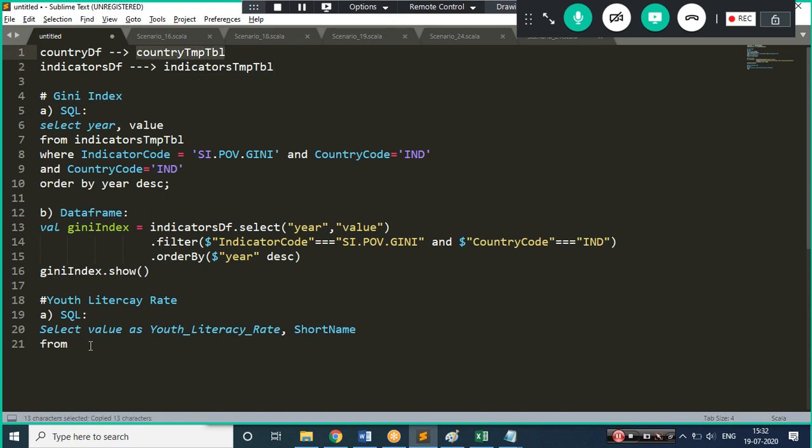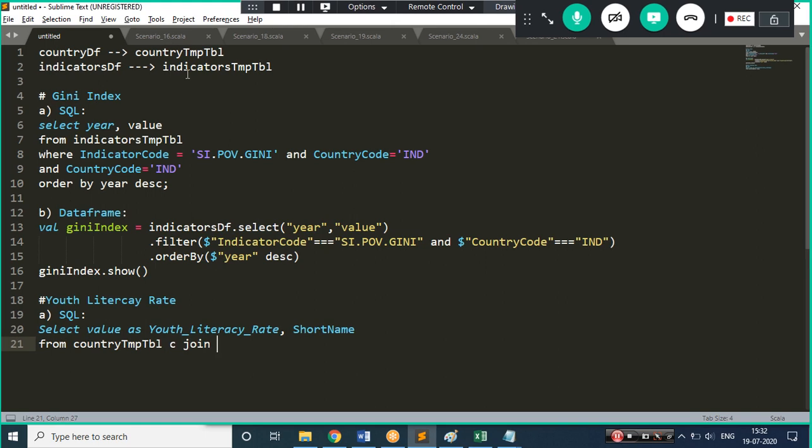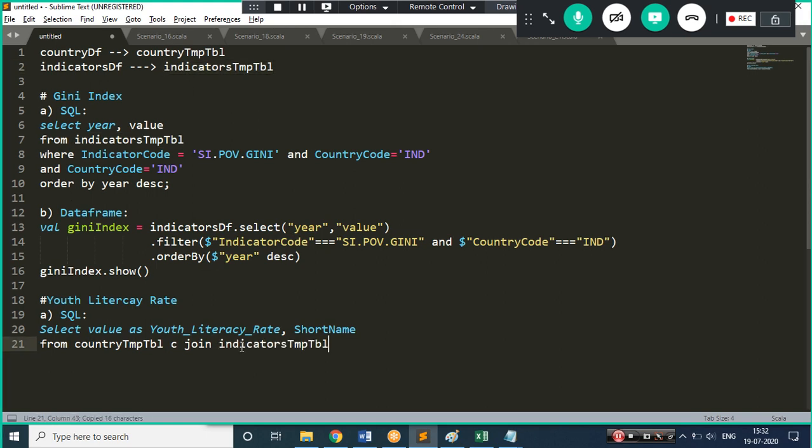So let me copy this and give a table alias, let's say for country I'll give C, and let me join the indicators temp table. Let me take this temp table. Okay, no issues. And let's give a table alias I, and let me write a joining condition.